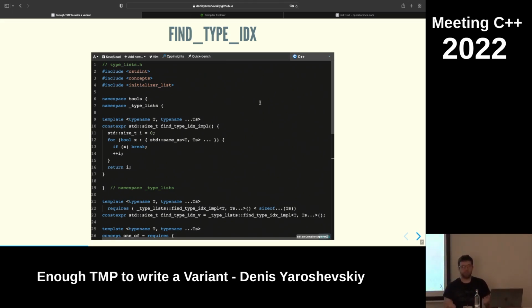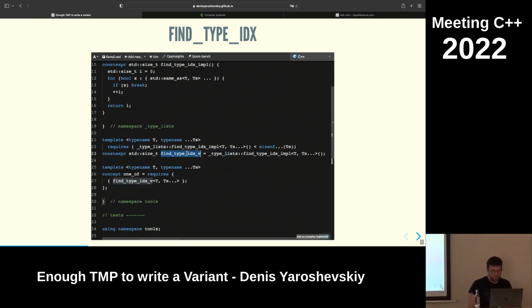Andrei was ranting yesterday about the detail namespace. Detail namespace is very useful, but the problem with detail namespace is you have one detail namespace per library. And so things in different files tend to clash. So what I recommend doing instead is having also a namespace per file, right? So here, this would be my file type list, and I have an underscore type lists namespace. This is my convention. This is not very common, but still.